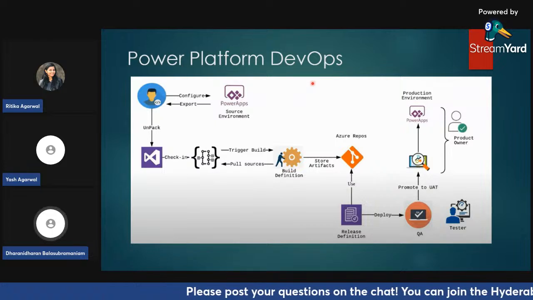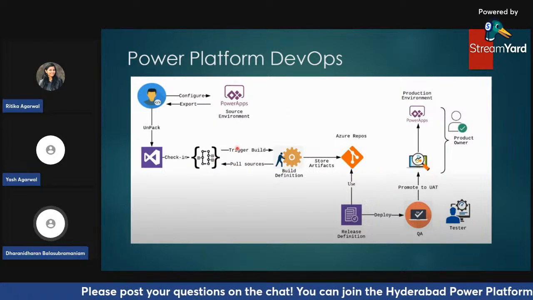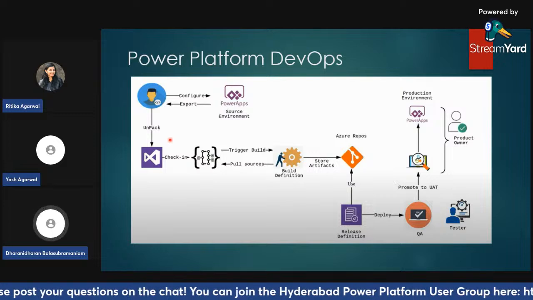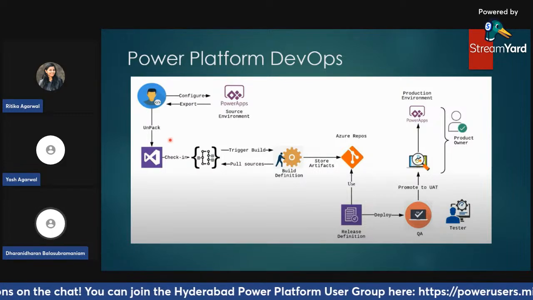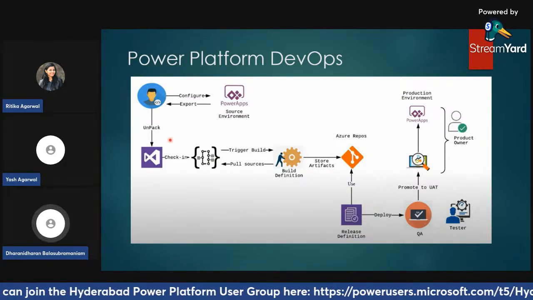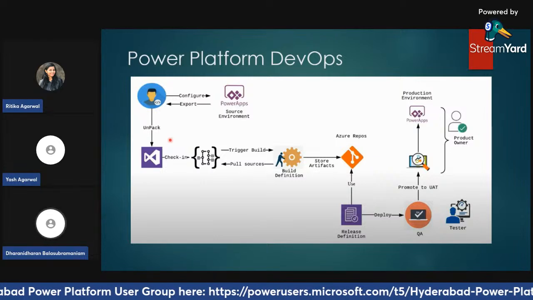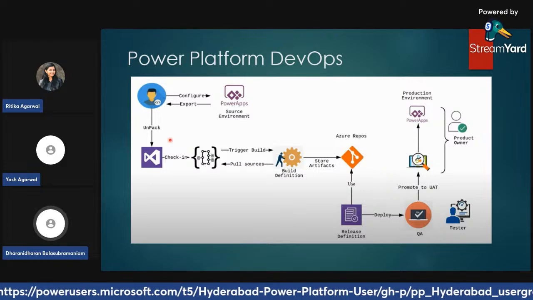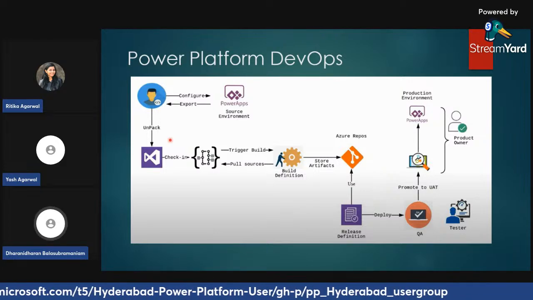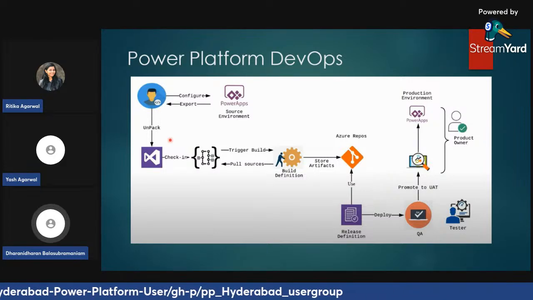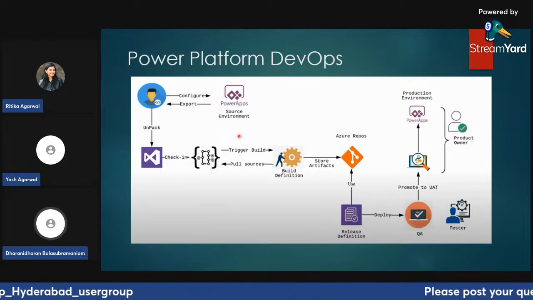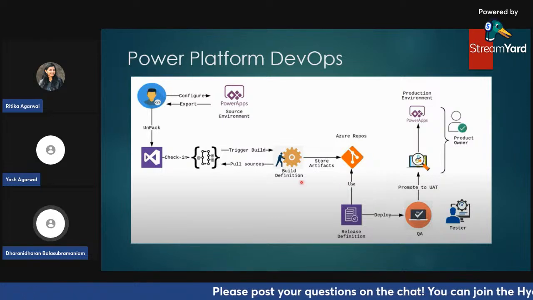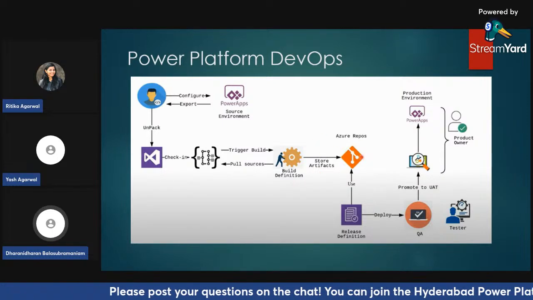Once the complete is done, the build pipeline can automatically trigger and take the solution from the repos, and you can keep it as per your wish. Some people will pack the solution using the mapping.xml file, like all the web resources, plugins, and workflow assemblies, all those things, the latest code they will pick from the repos. So using the mapping.xml file, you can pick the latest files from the repos, pack the solution, and put it into artifacts. You can publish it as a drop into artifacts.